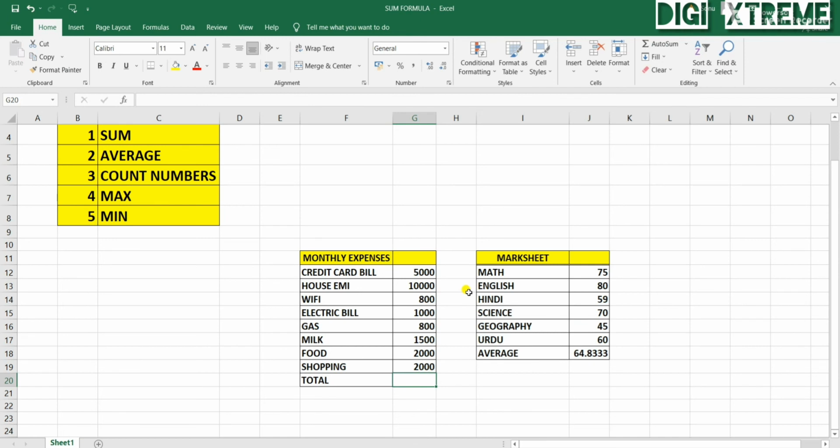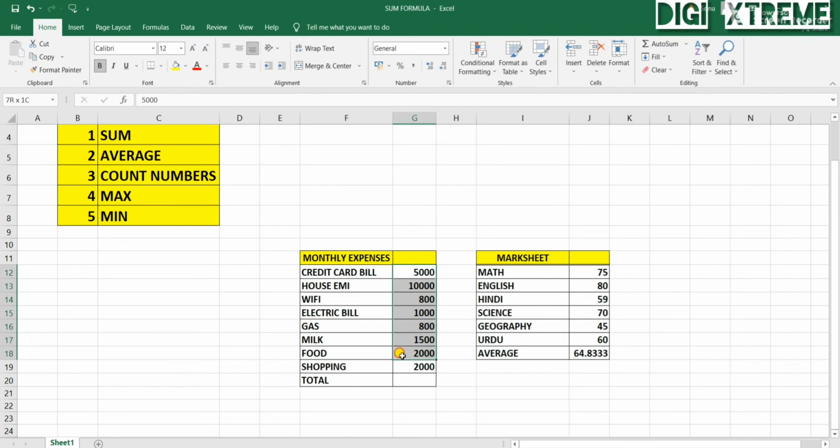Now let's move to the next one, max. Max means maximum. So this formula can be used to find out the highest expenses. I want to know where I am spending the highest amount, maximum amount. So I'll be using this formula. Simple way would be just select with the help of mouse.